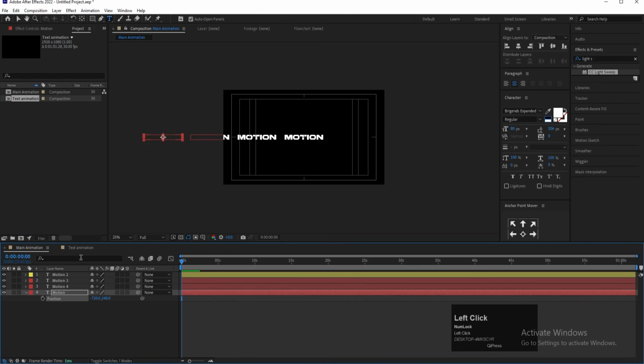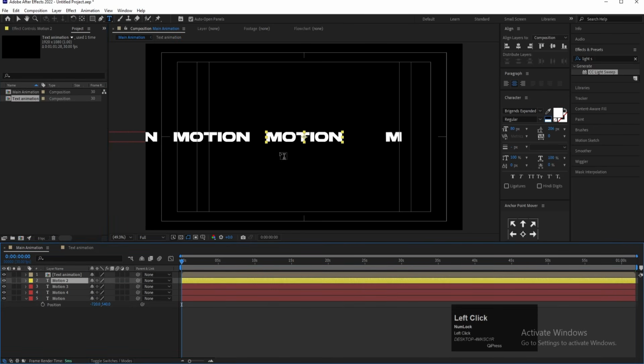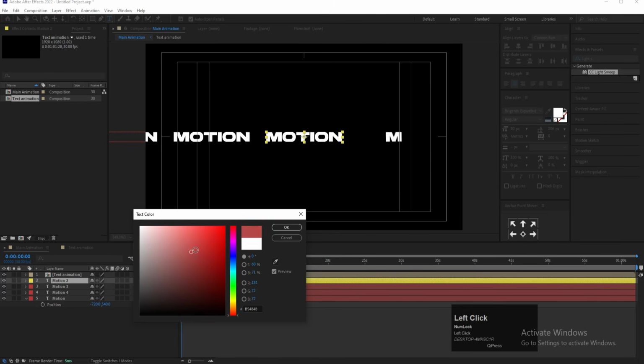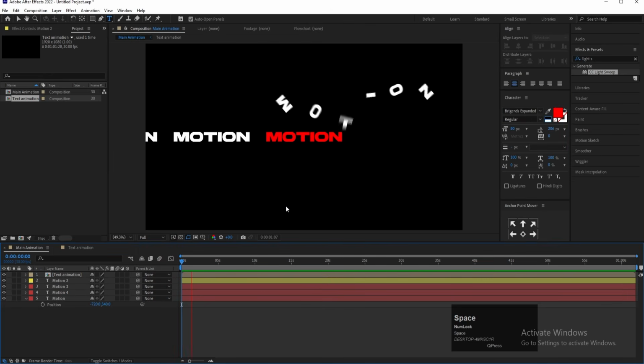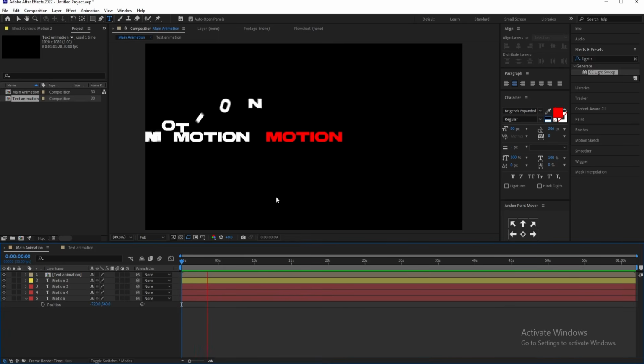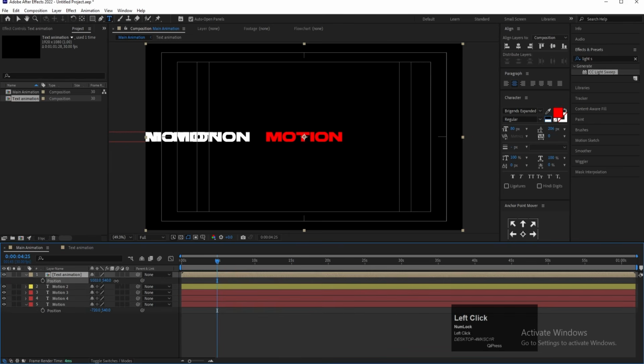Now let's go to the main animation and let's make this fit. Now I'm going to bring my text animation layer over here, and let's select this topmost layer, which is this one, and let's change the color of this one to red for now. Okay. And now let's hit spacebar, and as you guys can see, my animation is moving over here. As this animation ends, I'm going to select this text animation layer and press P for position and try to